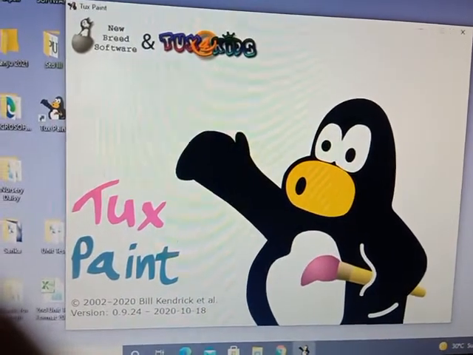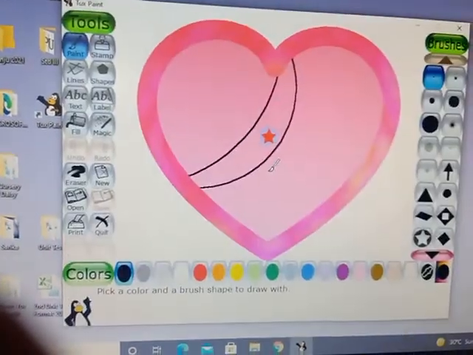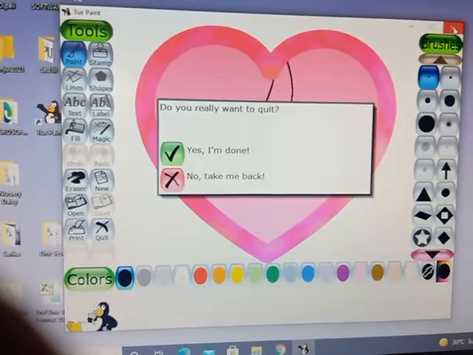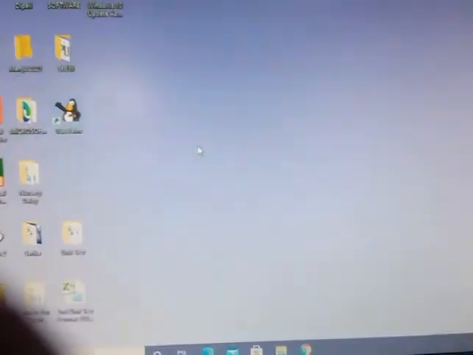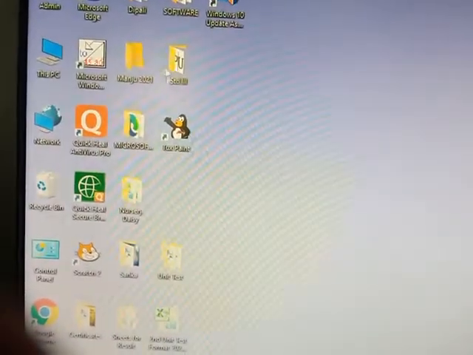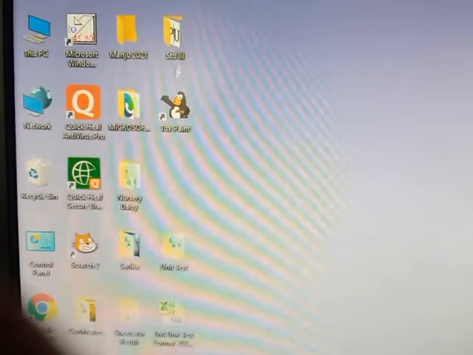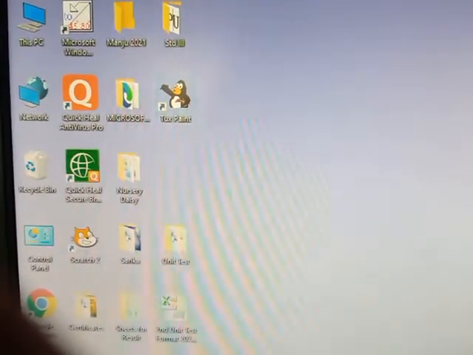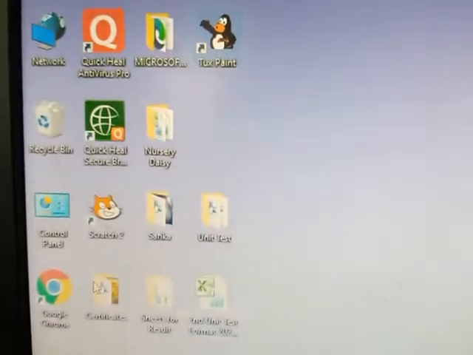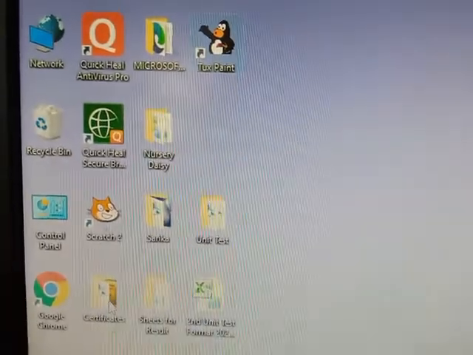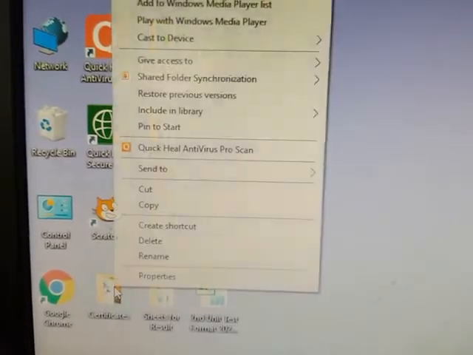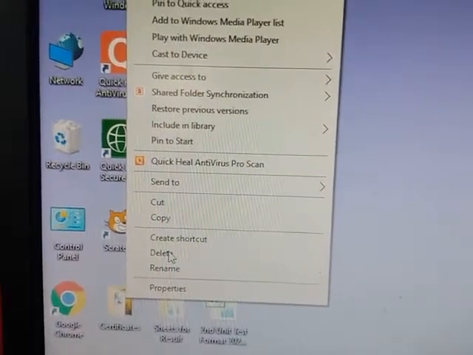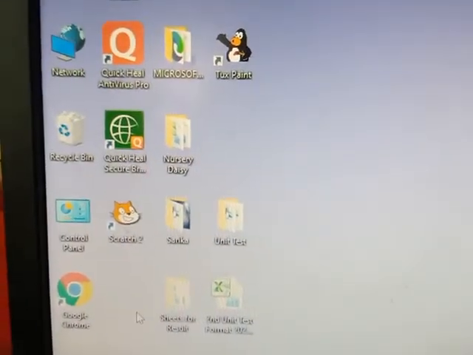Okay, and now you want to delete, but this Tux Paint icon is very important because it is used for drawing. So I don't want to delete this. So what I will do, I'll delete another folder which is not used for me. So I'll delete, you can see one folder, yes, this certificates folder. This I don't want, so I want to delete this. So I will give right click and go to delete option. Okay, so it will be deleted.